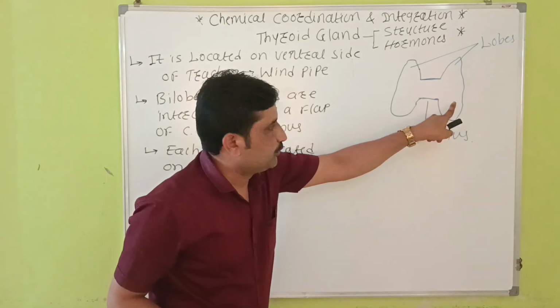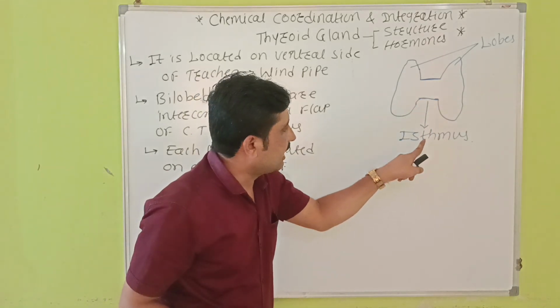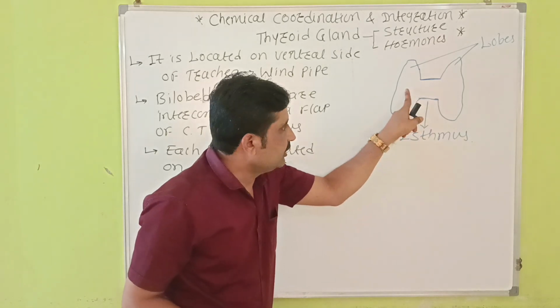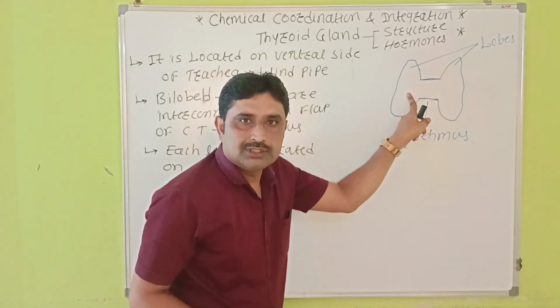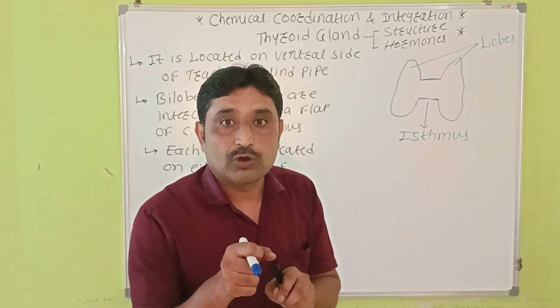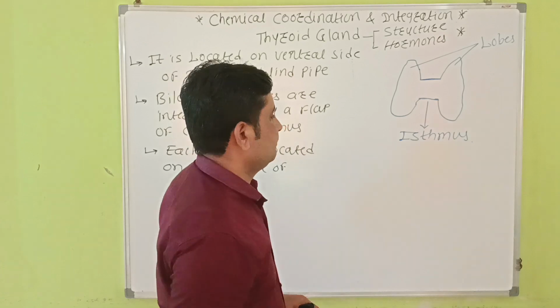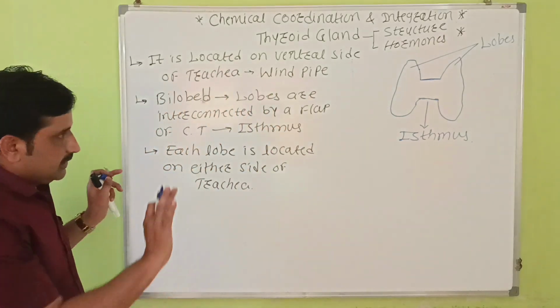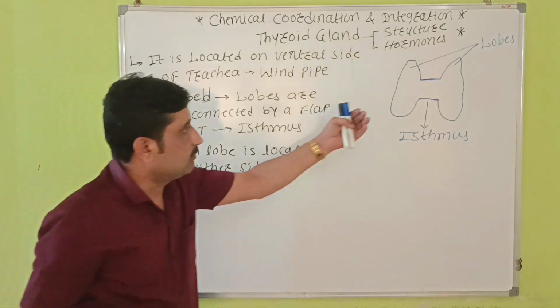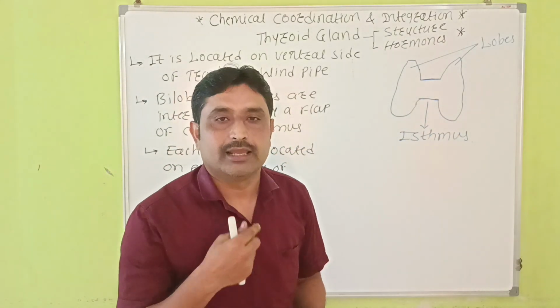Bilobe. Two lobes are interconnected by a flap of connective tissue, that is isthmus, and each lobe on either side of the trachea, and the whole gland is bilobe and it is located on ventral side of the trachea. ये लोकेशन. सेकेंड वन इज द हार्मोन्स, कौन से हैं ये थायराइड ग्लैंड जो नेक रीजन में है, कौन से